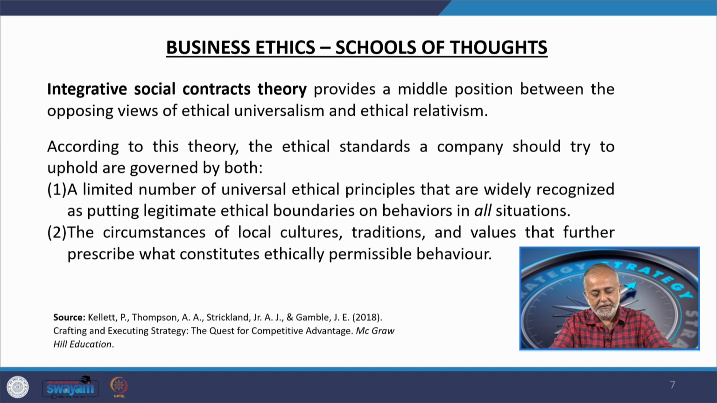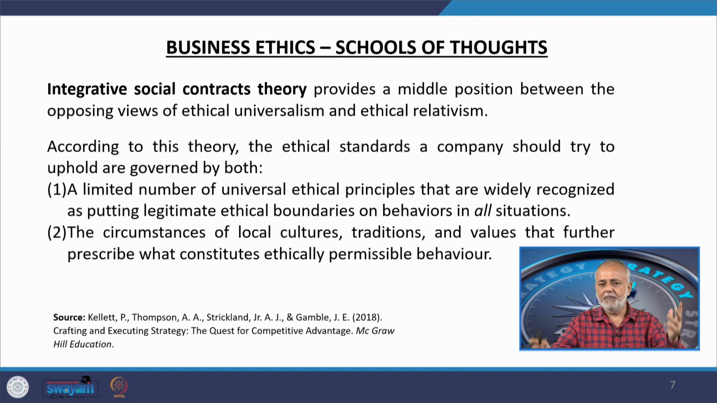According to this theory, the ethical standards a company should try to uphold are governed by both. How? A limited number of universal ethical principles that are widely recognized as putting legitimate ethical boundaries on behaviors in all situations. That is why we talked about that there are values which are fundamental. You would remember that we had that discussion. And then the second point which authors contribute here in integrative social contracts theory is that the circumstances of local cultures, traditions and values further prescribe what constitutes ethically permissible behavior in that particular culture, attuning yourself to those